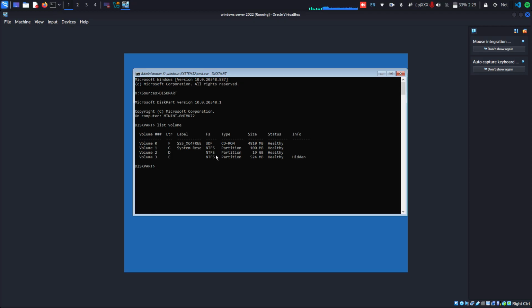You see, in the normal way where you just open your Windows machine, normally Windows will be in the local disk C, but right now you have to identify the exact drive. So for now, we are going to be dealing with disk D, the volume 2, since it holds the 19 GB of disk space. Notice the others are just MBs. So I'm going to exit diskpart. Once I exit diskpart, I'm going to change my directory to the disk D. So I'm going to type D, then I'm going to enter the Windows